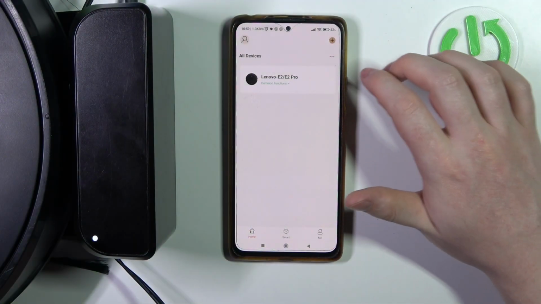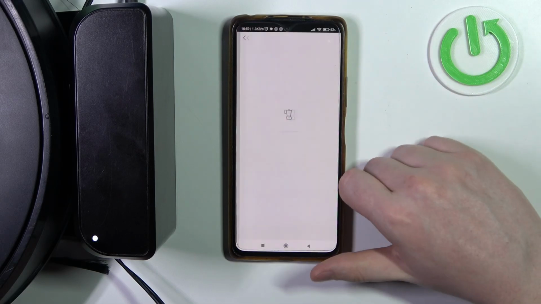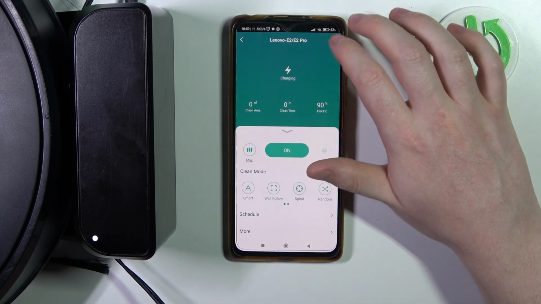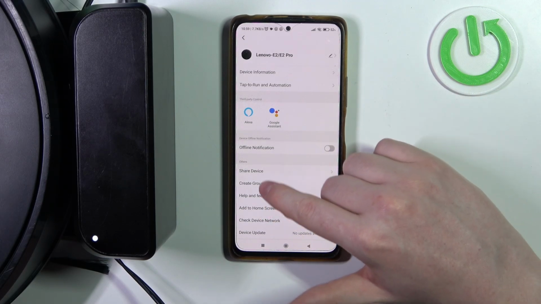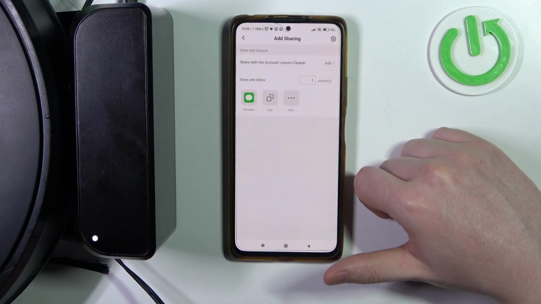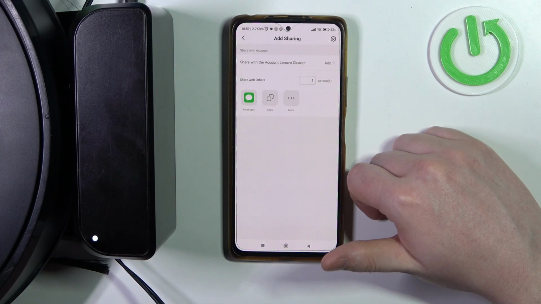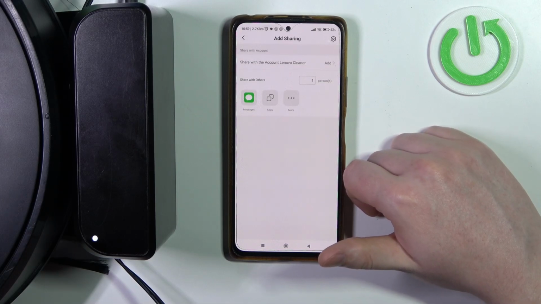To do this, first you will need to click on your robot inside the app, then click on the pen button in the top right corner of the screen. Here you can find Share Device. Click on it again and now you will have different options on how to share your device with your family